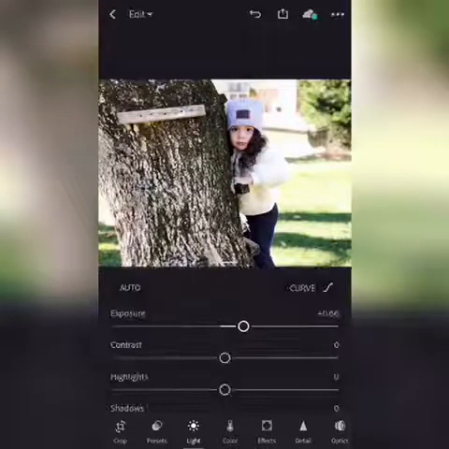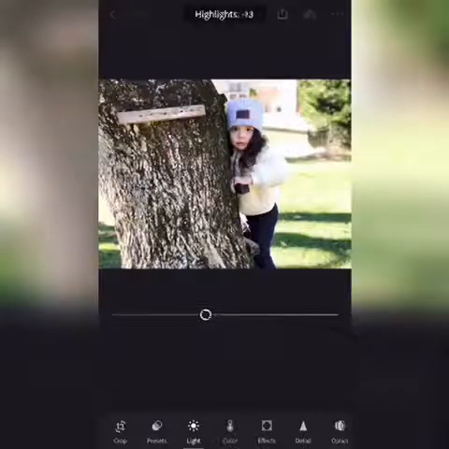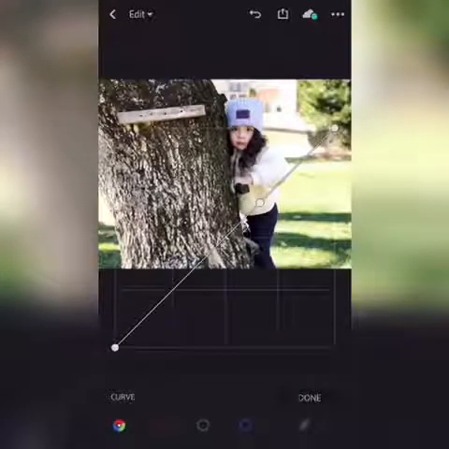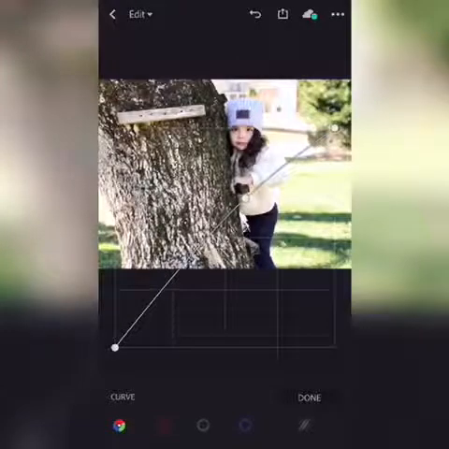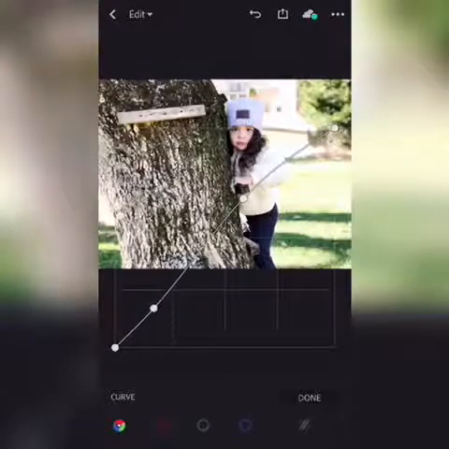This is where we increase the exposure, and then because the background's pretty bright, I'm going to bring down the highlights. You can also control highlights and shadows in the tone curve. That's where I create that subtle S shape, which basically just brings up the midtones a little bit and then